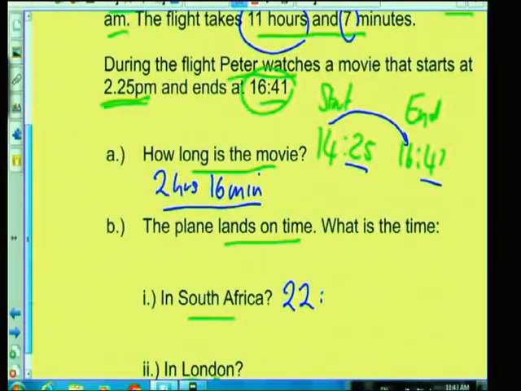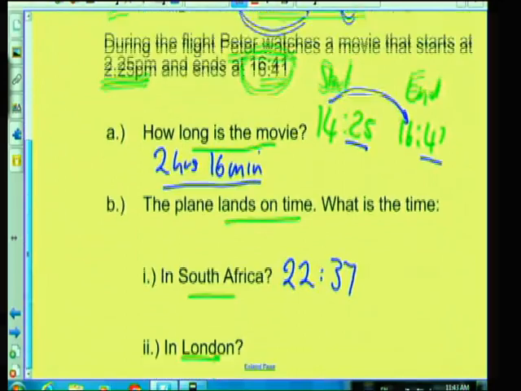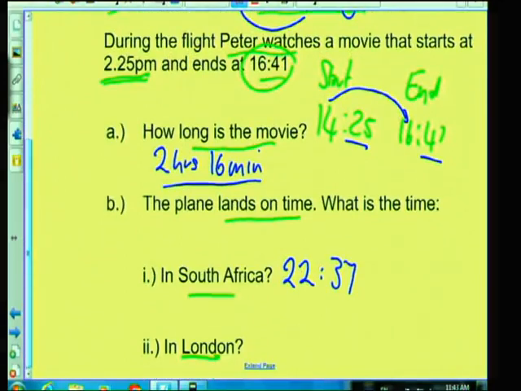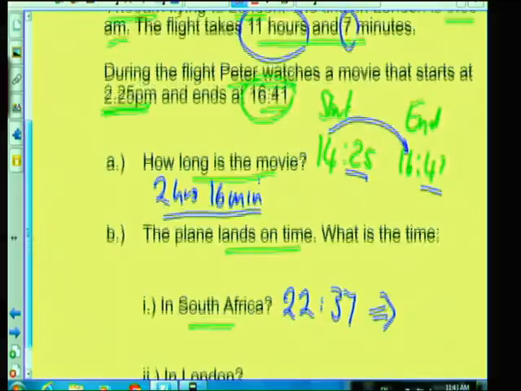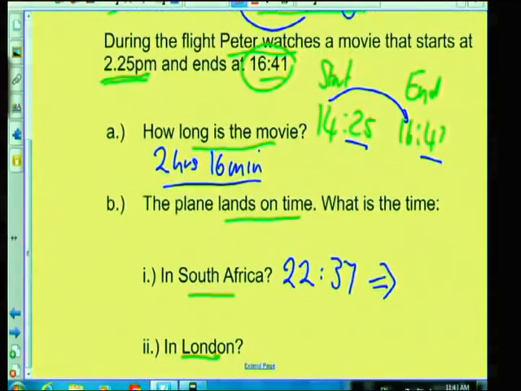So it's 22:37. If they wanted us to write it in the same format that they did, that would be 10:37 p.m. Okay, so be very clear about how you add those two together. There's an hour before noon, and there's 10 hours after noon, which gives you your 10 o'clock in the evening, 10:37